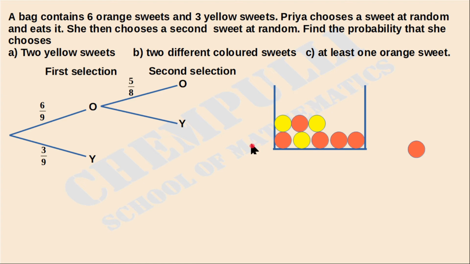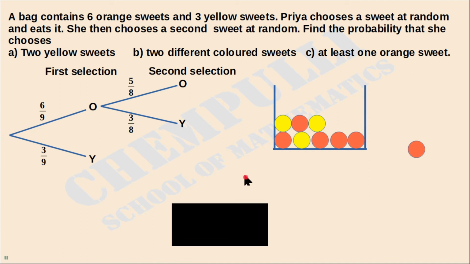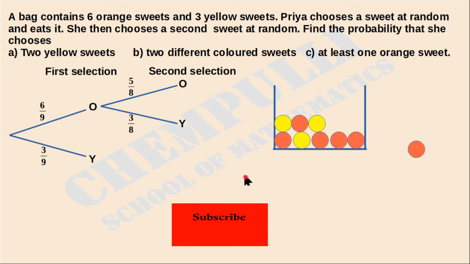Okay, then what is the probability of getting yellow seeds from here? There are 3 yellow seeds, 3 over, then total how many seeds are there? 8 seeds, 3 over 8. That is the probability. Okay. Now suppose that here, this first case, which one? First we suppose like this. First one is orange seed, then the second selection.